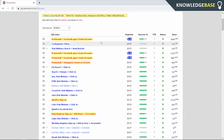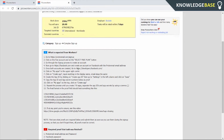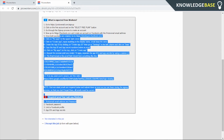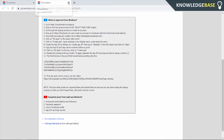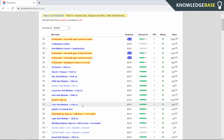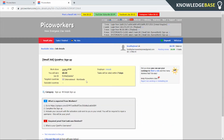So if we just take a look at some of these jobs here. Proton Mail plus Facebook apps create accounts. So I'm assuming this is a job where somebody wants you to create an account. So we'll open this in a new tab and we can just have a look at the job. Now some jobs are going to be pretty complicated, like this one seems to be quite long, and I guess that's why it's 40 cent, but we'll look at an easy one here. Coin Pro sign up. So this is a 10 cent job, and all we have to do is sign up